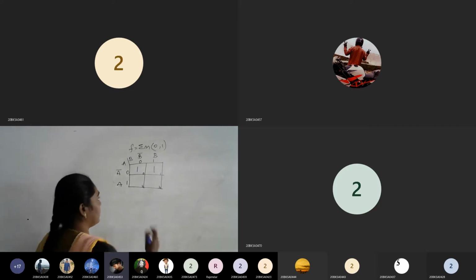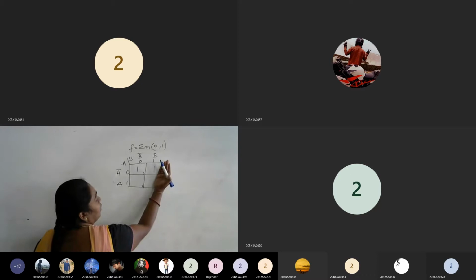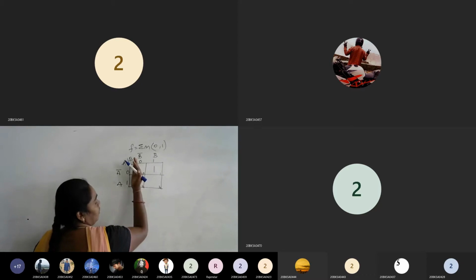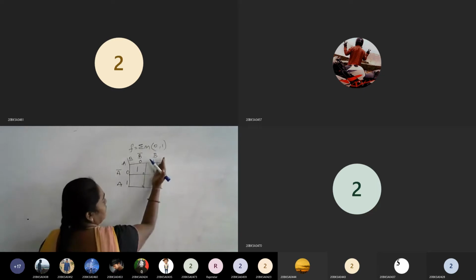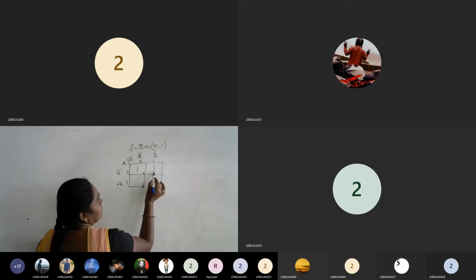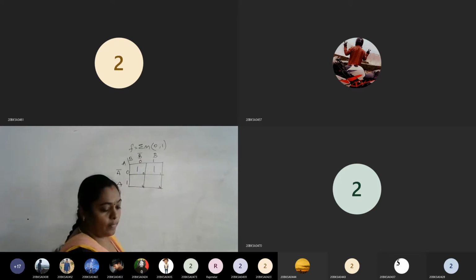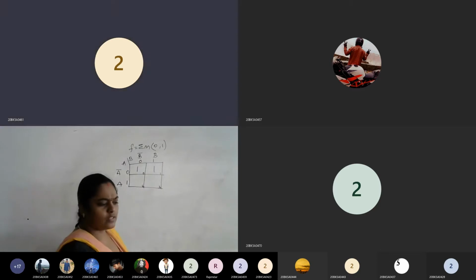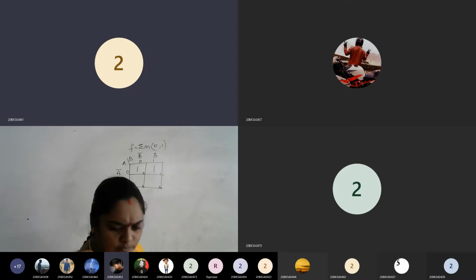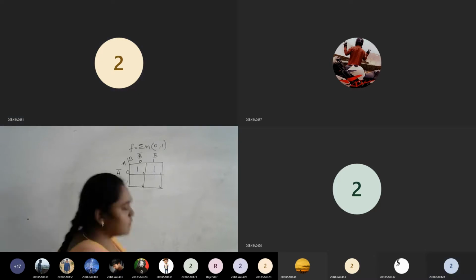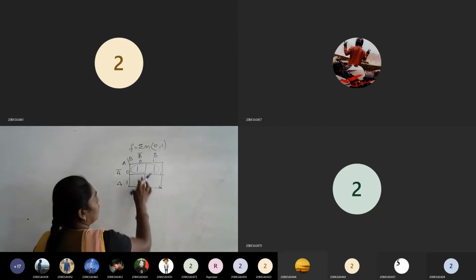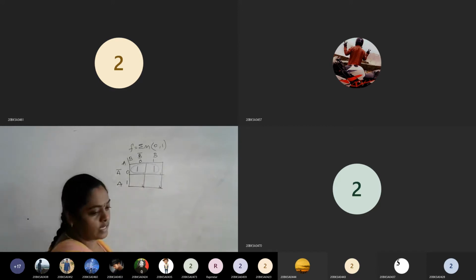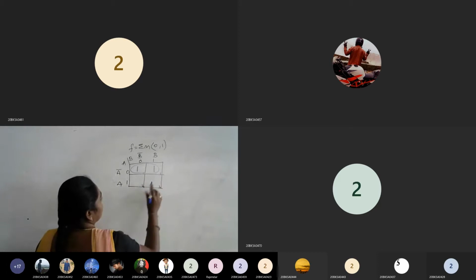Or I'll tell you in simple words, assume that you are folding this column-wise as well as row-wise. If you are folding this column-wise, can I say 1 will be overlapped on this 0? Yes or no? Yes, ma'am. So these two cells are adjacent to each other. So combine these two cells. Grouping of two cells is called adjacency. So combine these two cells and similarly write down the expression.